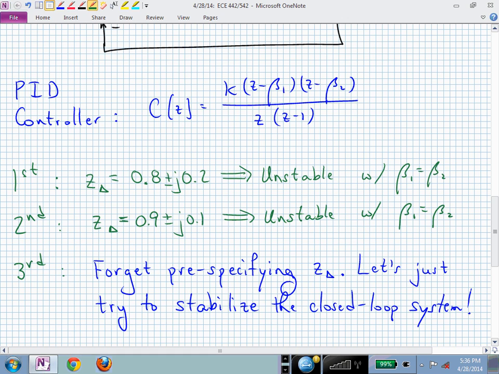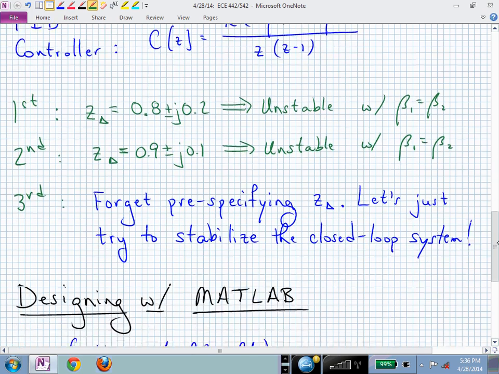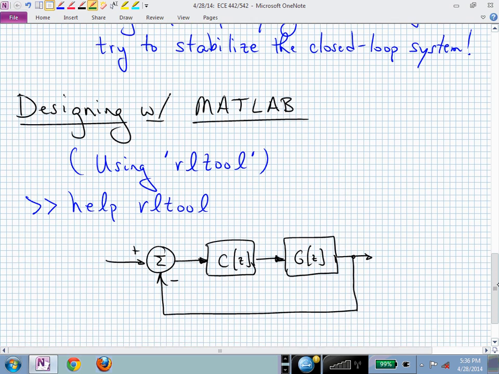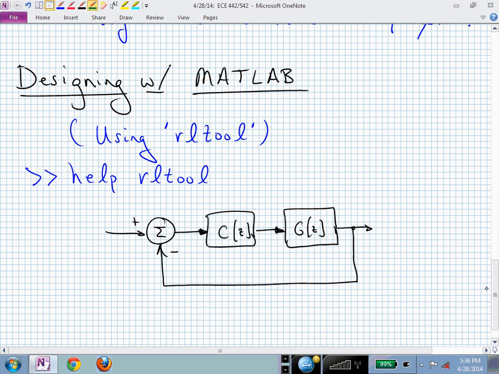And that was our third approach, forgetting about z delta to begin with. Let's just try to stabilize the closed loop system. So let's do that using MATLAB, and this then maybe will allow you a way to check your answers when you're designing controllers